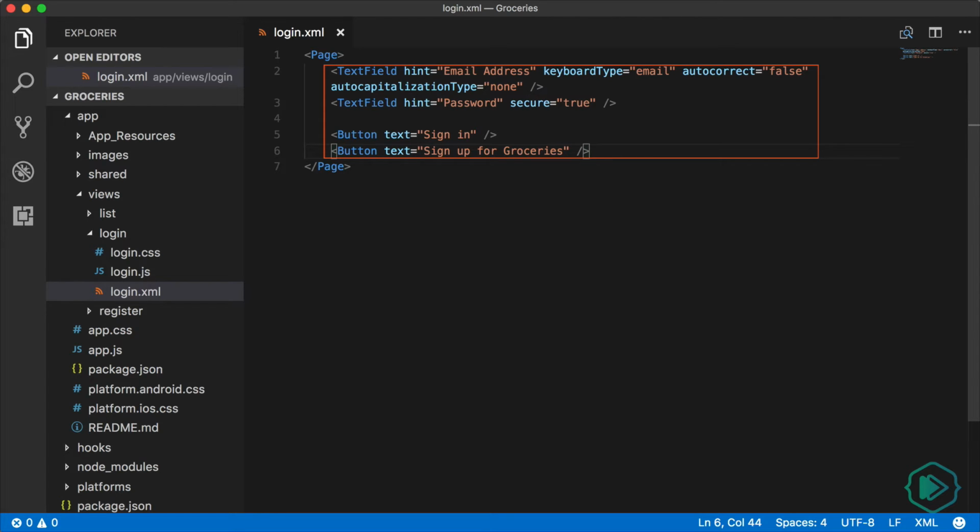NativeScript UI components provide attributes to let you configure their behavior and appearance. The code you just added uses the following attributes. For text field, we have a hint attribute, which shows placeholder text that tells the user what to type. The keyboard type attribute determines the type of keyboard to present to the user for input. In this case, we have email. Keyboard equals email shows a keyboard optimized for entering email